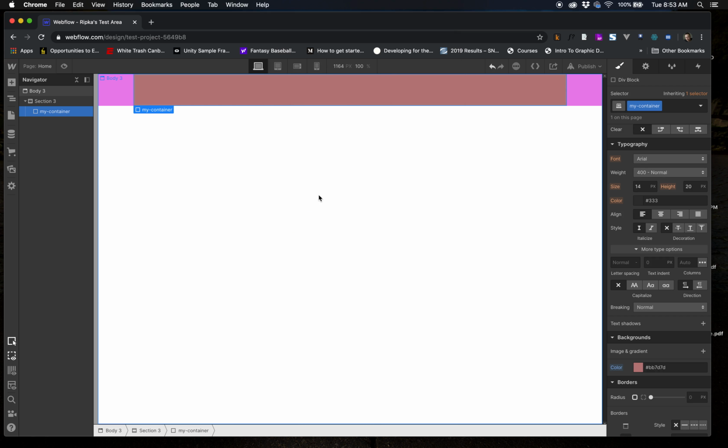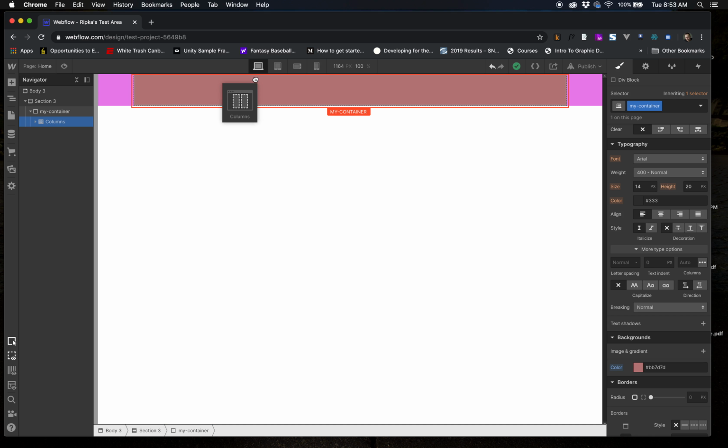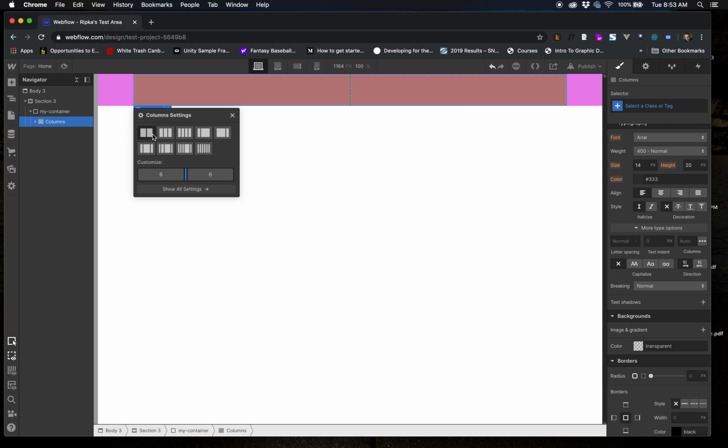And there's multiple ways to do this in, what's this called? Webflow. So probably the really easiest way to do this is to just use their columns. Their columns thing is actually this slick flex wrapper here. So if I just grab these columns out and I throw it in my container, well, now we see the